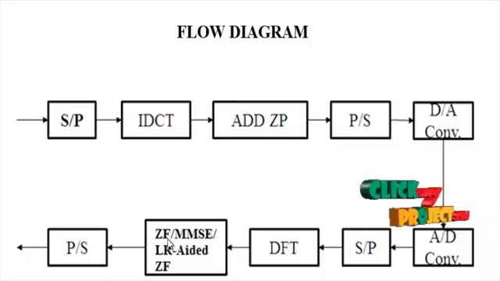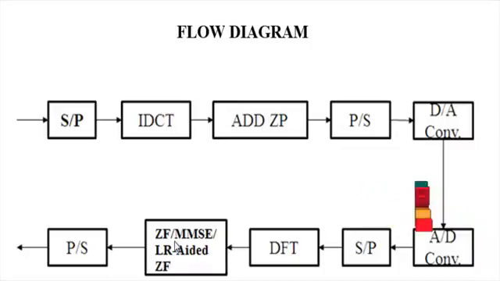Next, the minimum mean square error estimator is an estimation method which minimizes the mean square error, which is a common measure of the estimated quality of the fitted values of the dependent variable. In the Bayesian setting, the term MMSE more specifically refers to estimation with a quadratic cost function. Next, the LR aided